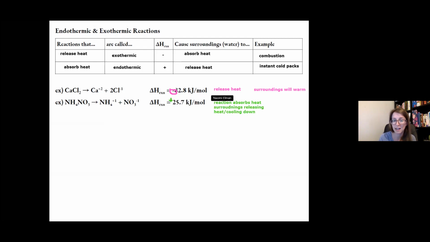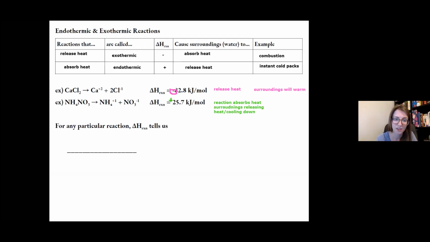So just from the sign of this number, even though you don't know what else it means yet, we can tell if a reaction absorbs or releases heat. There will be some sample problems, most likely, that ask you just to identify that. You're just looking at the sign. So this delta H reaction, it's called heat of reaction. Let me write that out for you. Delta H reaction,